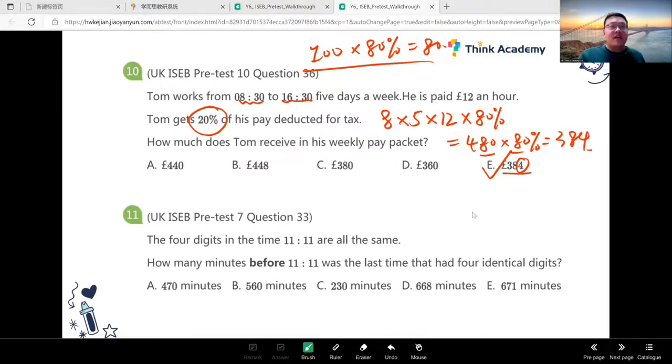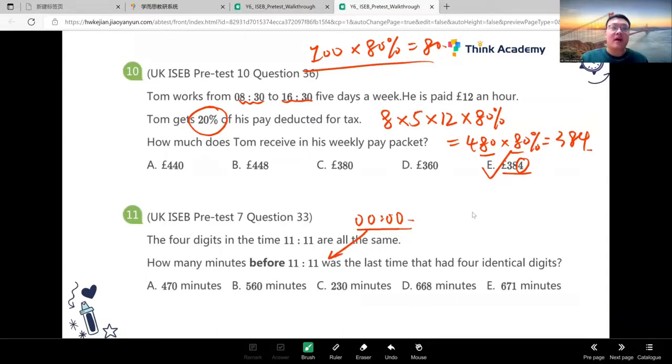The 4 digits in the time 11:11 are all the same. How many minutes before 11:11 was the last time that had 4 identical digits? So what is that time, guys? What is that time? Before 11:11, it should be 00:00. It's just the minutes. Okay, so the question converts into: from this time to 11:11, how many minutes are there,